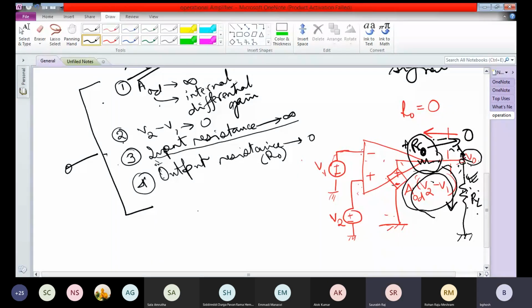Sir, can you repeat this dependent and independent? Yeah. The point is that the resistance looking from the output towards the left hand side, this resistance R0, is 0. What does this mean? This means that if I connect a resistance load, if this operational amplifier is driving a load, this load is RL. So you see that if the output resistance R0 as is depicted here,